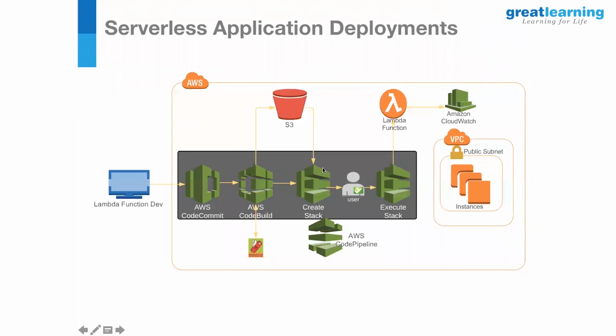So first step is you create the stack. Here the Lambda function is not yet ready. Once this is done, you want to get it approved or reviewed by a manager, so you configured the SNS notification. When it reaches this stage, automatically an email is sent to the manager at the configured email ID. There will be a link provided where the manager, he or she, can choose to approve or decline. Once it is approved, this green check comes to your manual approval stage, and the execute stack is run and the Lambda function is created.